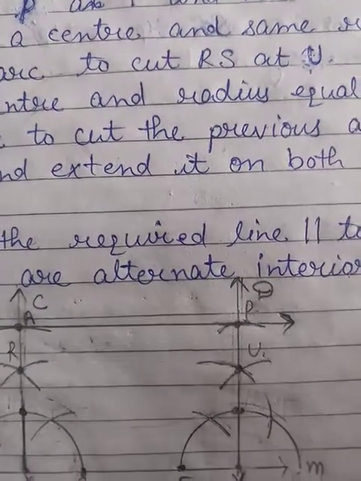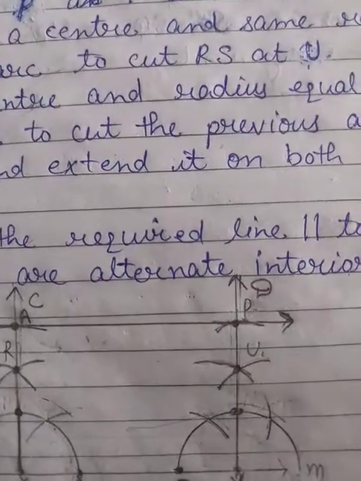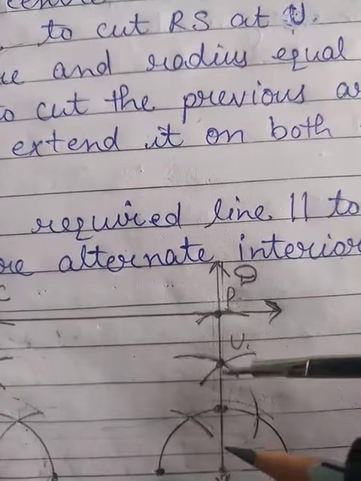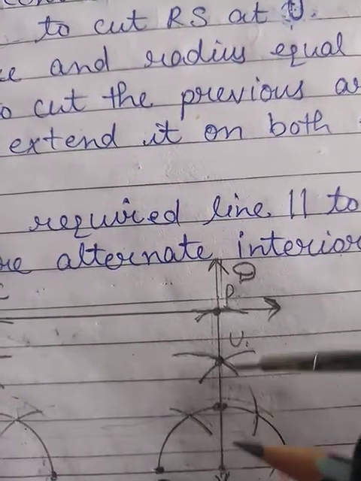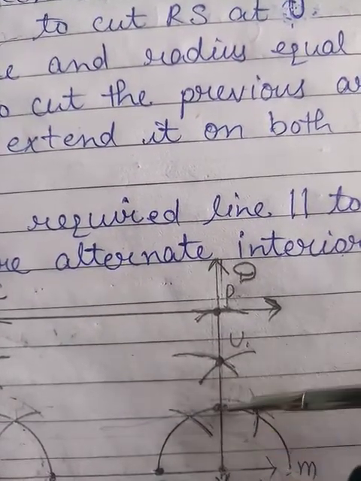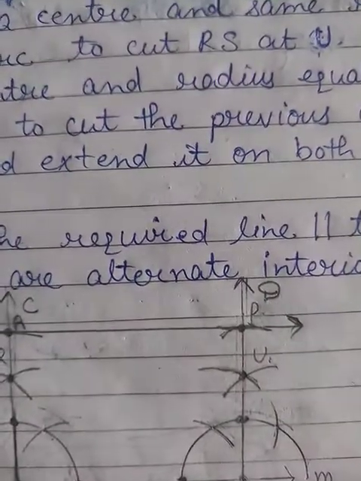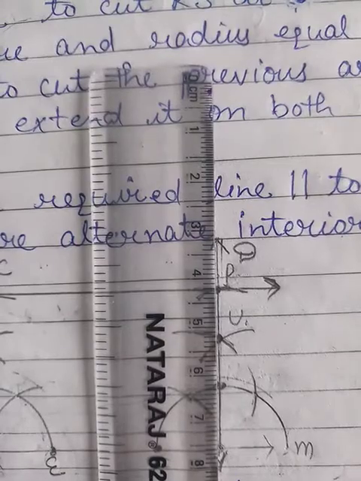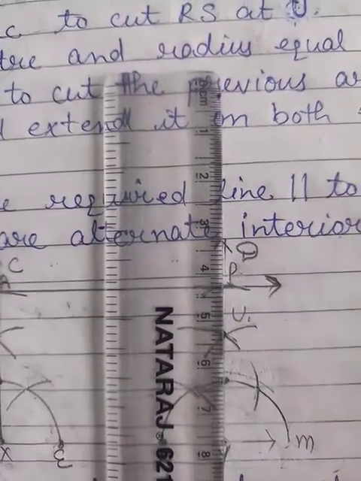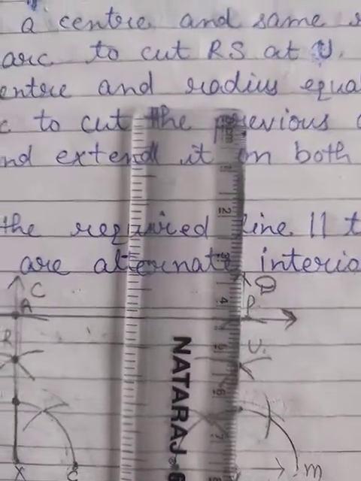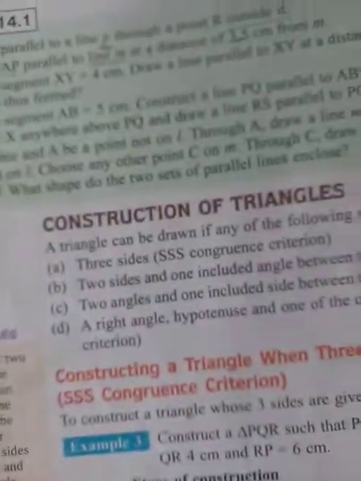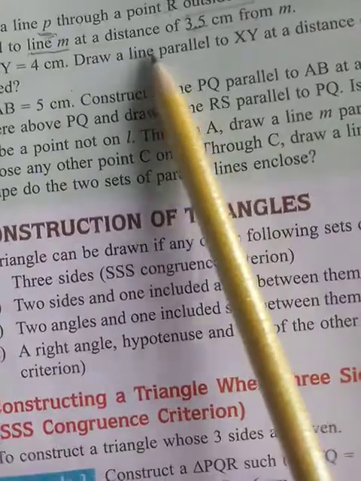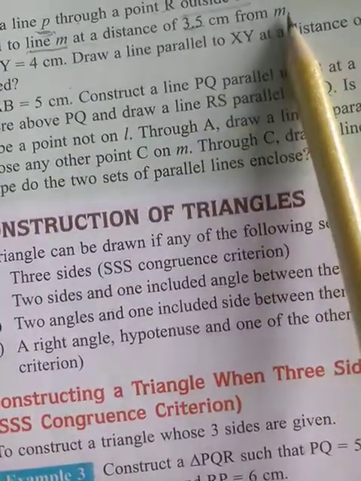Okay, now by taking the scale and by passing the line from these 2 points, from here and from here, I will draw a straight line over here. Okay, clear? Now beta, after marking it, in the statement you can see it is written the distance should be 3.5. Okay, distance of 3.5 centimeter from M.